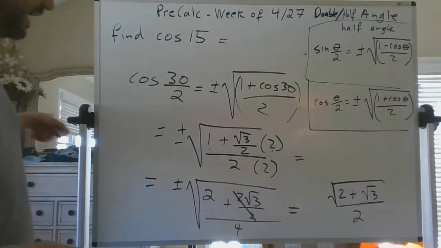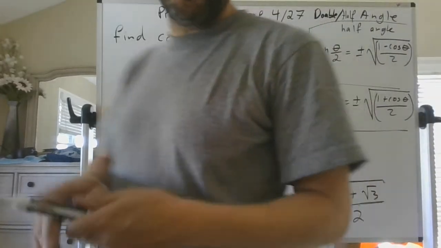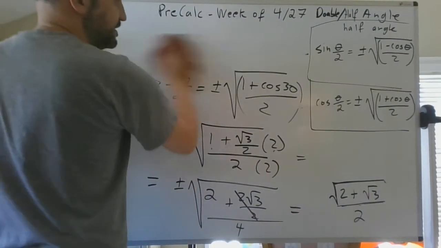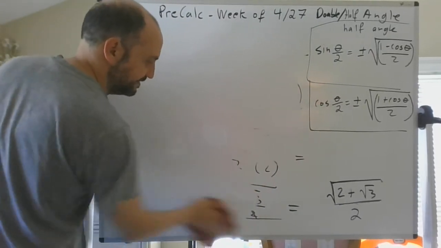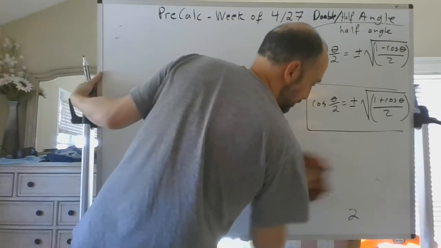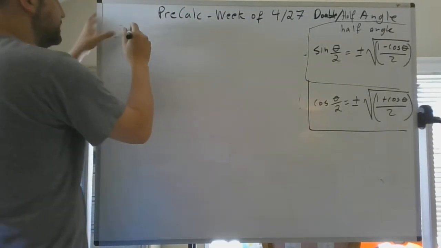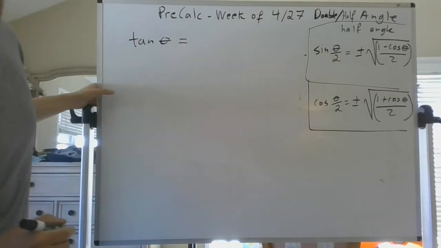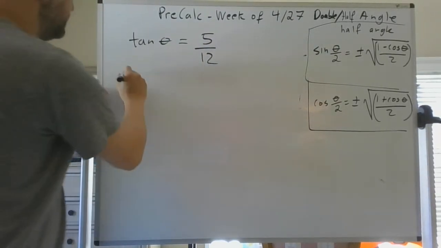Not too bad. I do want to add to this video a kind of throwback question. All right, a throwback question like this. And why am I including this? It's probably on your test. All right, what if I gave you something like this? I said, all right, you guys, the throwback. Tan of theta equals 5 over 12. I want you to find